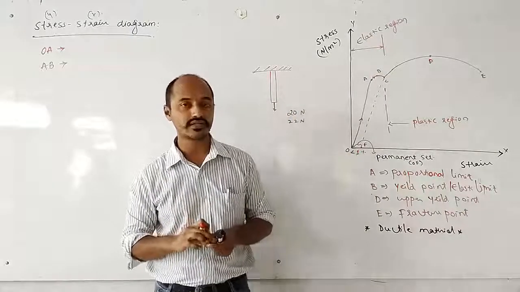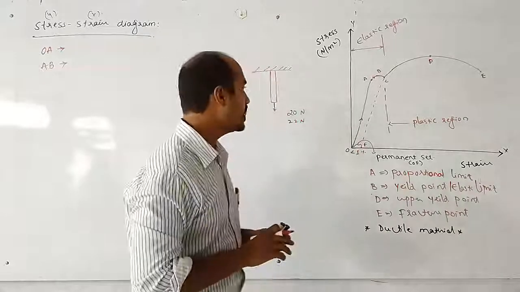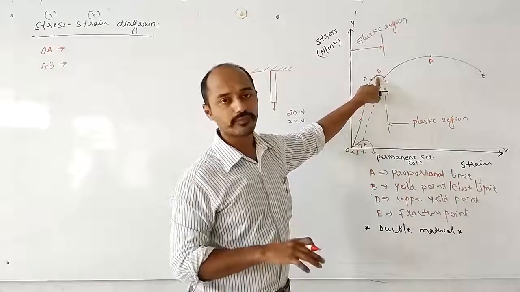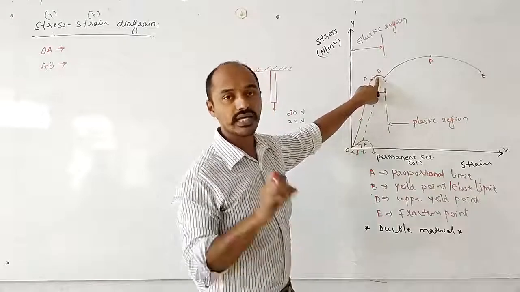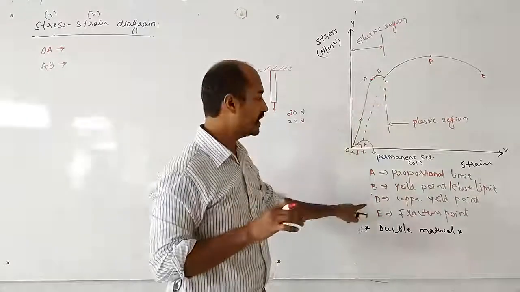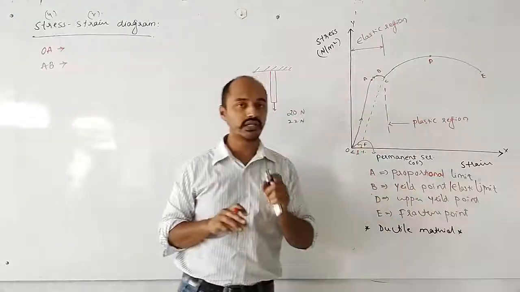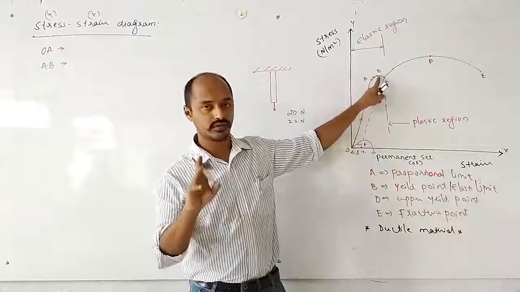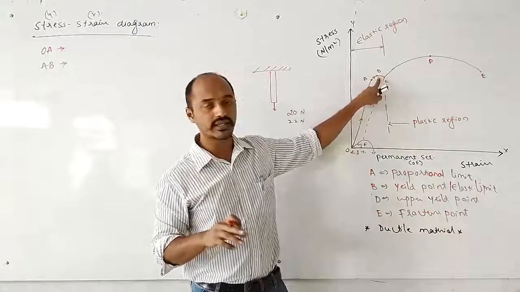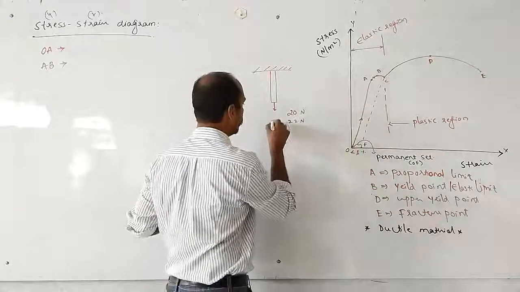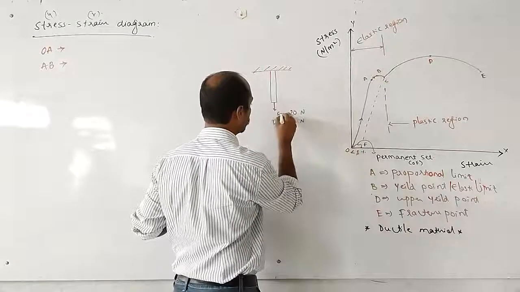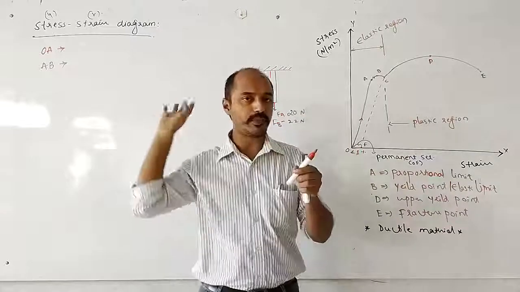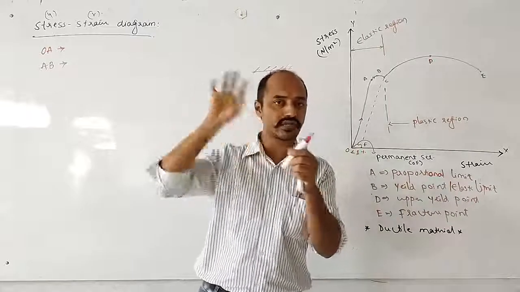Stress increases, but strain and stress are not directly proportional to each other, and within this curve the maximum stress is obtained up to B. So this B point is called the yield strength, or I can say yield point. Up to point B, the force we applied is FB. If the deformation force is removed,